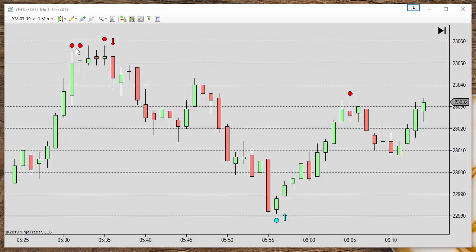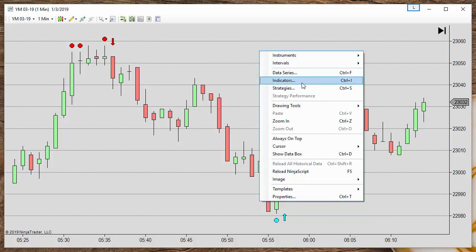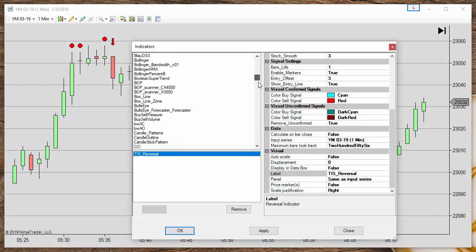On the setup we have three possible signals. Two are visible here. The dots show when a bar has a reversal condition. While the bar is painting, we also have dots but darker because the condition is not confirmed. And for the condition, to define if a bar is a reversal or not, we use a stochastic indicator.